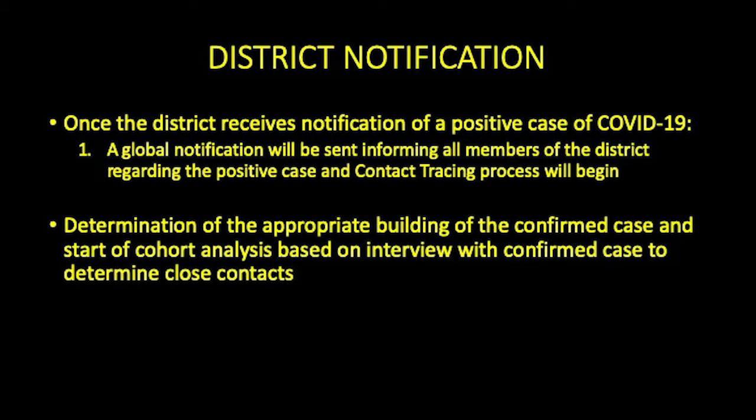So we're going to go through how contact tracing will work. When we are alerted of a positive case here at the district, we will notify all members of the district. All stakeholders will receive a global notification similar to what we do with a school closing or something like that. So that information will be sent out and the contact tracing process will then begin. We'll then determine where the positive case is. We'll begin to do a cohort analysis to look at their schedule and also interview the positive case to determine